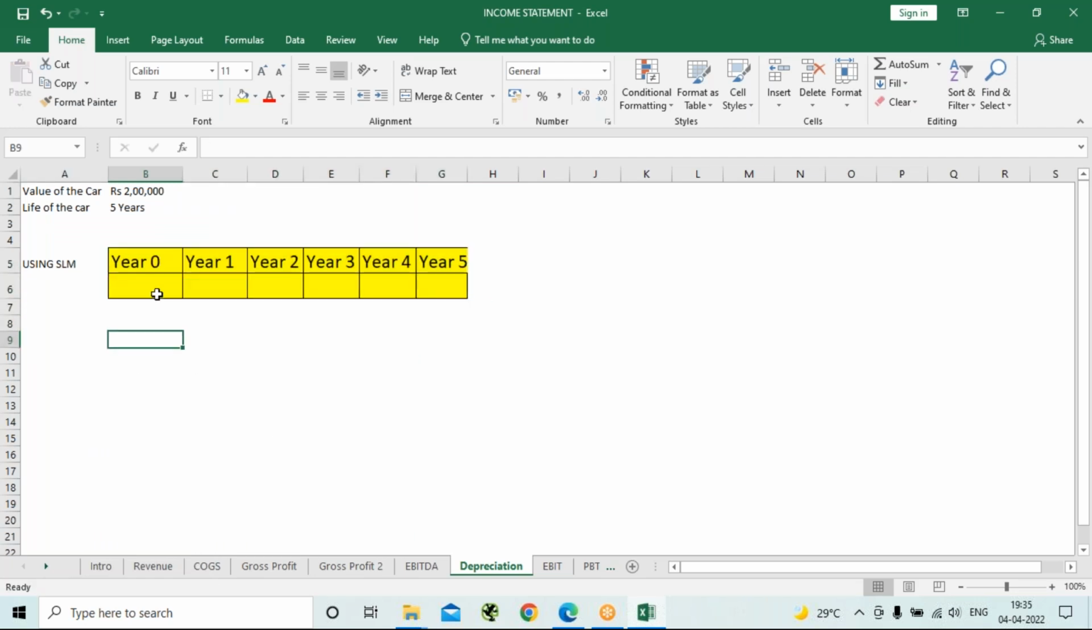Okay, so let me put it like this. Now the value of the car is 2 lakh. So when you purchase it, in that starting year there will be no depreciation, whereas in the first year the depreciation will be 2 lakh